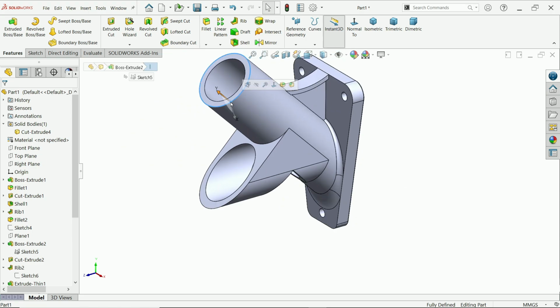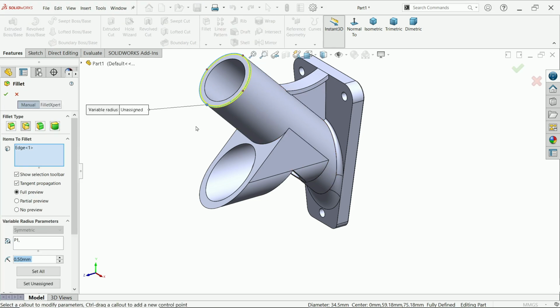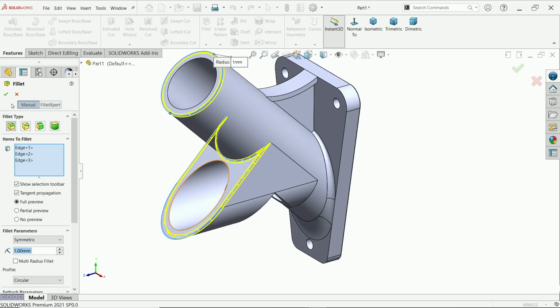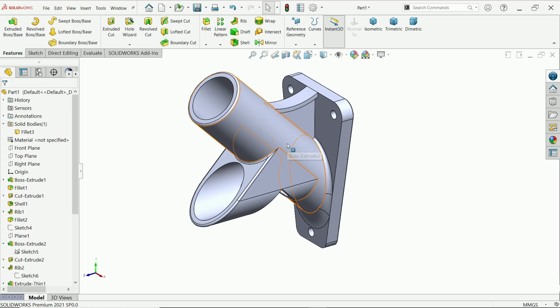Now click edge, activate fillet, constant size fillet, full preview tangent, and radius 1 millimeter, and I'll choose these two edges and inside one. This is going to be 1 millimeter. In second option I'll choose